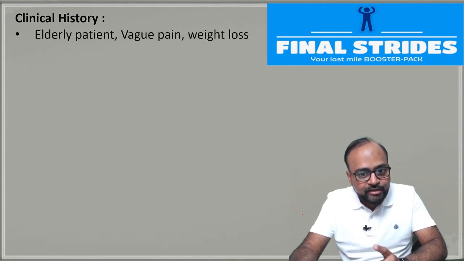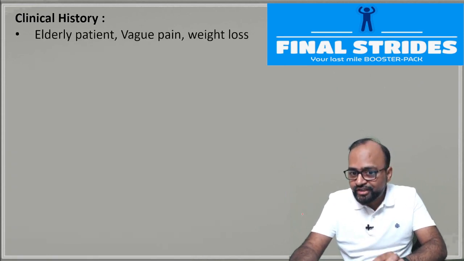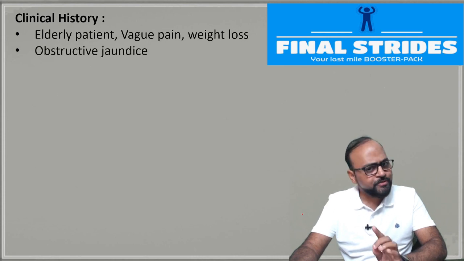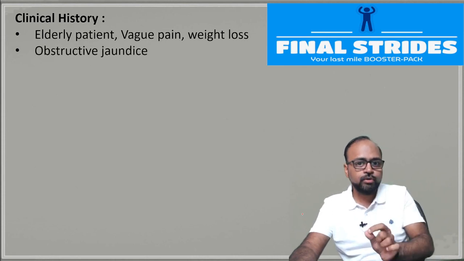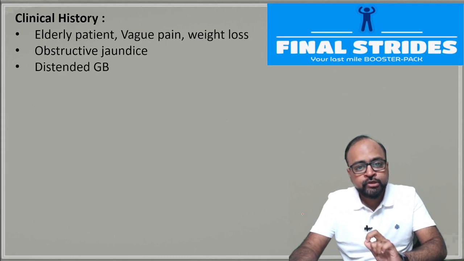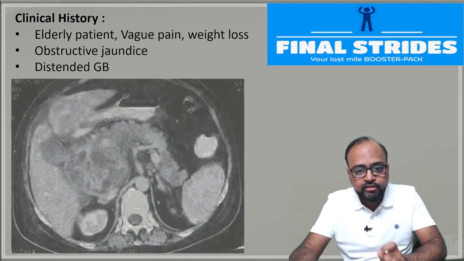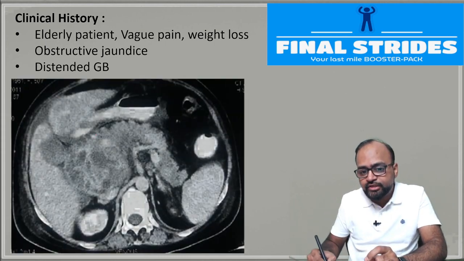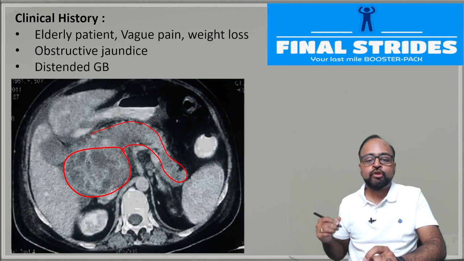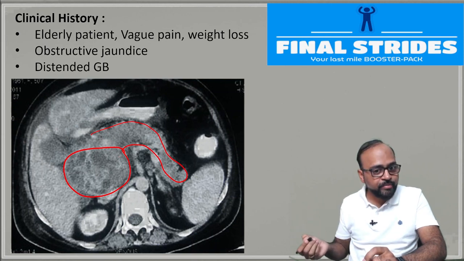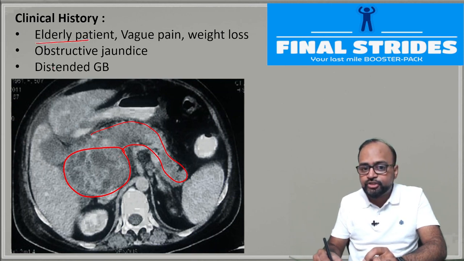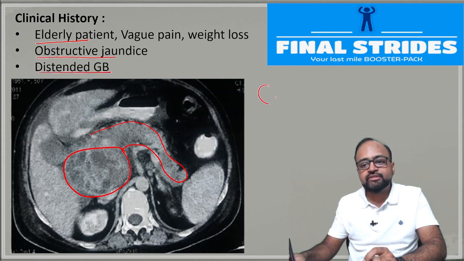Now see, an elderly patient presents with vague pain, weight loss, obstructive jaundice. So something is obstructing the biliary tree. There is a distended gallbladder, and you do a CT. You see, this is the pancreas. Look at the head of the pancreas, a huge heterogeneously enhancing mass lesion that you see at the head of the pancreas. In an elderly patient with obstructive jaundice, with a distended GB, this suggests there is a CA of